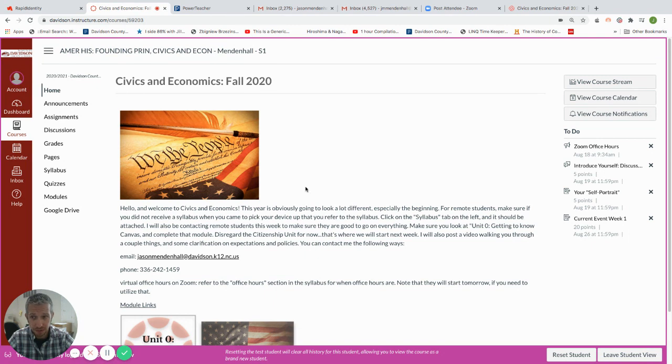You can do that through Canvas over here using the inbox or your school email, and I'm going to email everyone also just so you'll have that. If you email me on the remote days, all you've got to do is make sure you put the date in the subject line, and then just say something like, I'm here, checking in, to make sure that I know that you at least logged on your computer that day. All right. And then the other way is you can call the school if you want.